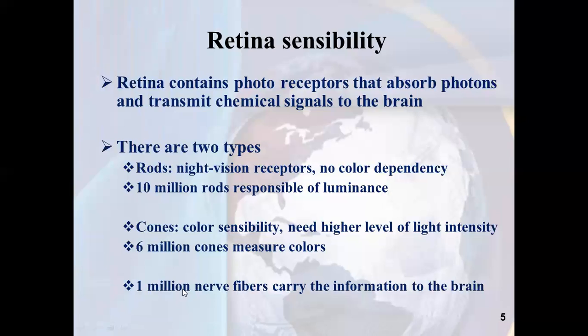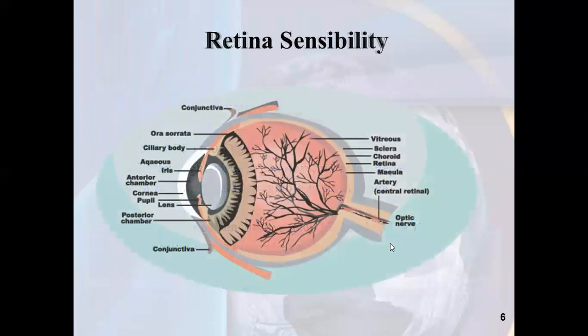From the retina, we have 1 million nerve fibers that carry the information to the brain. So this is a nerve. We have 1 million nerve fibers that go to the brain to interpret and recognize the image. This is the retina that we talk about. This is the lens,